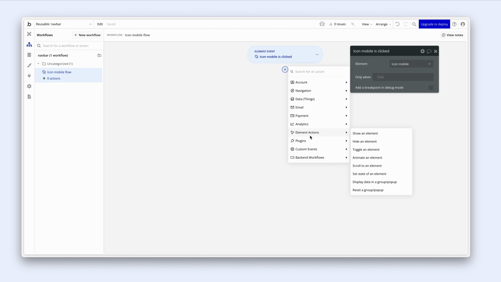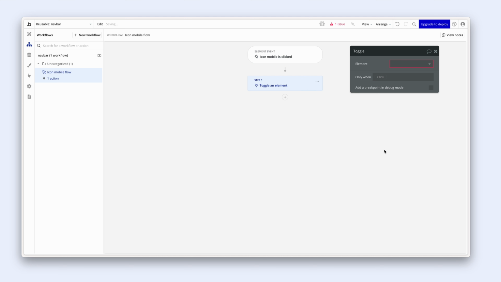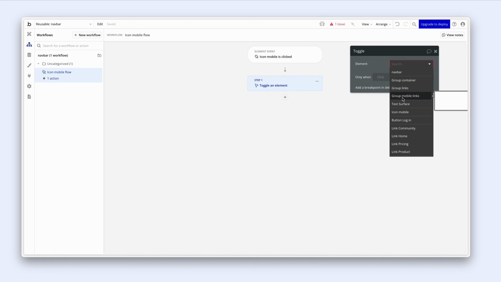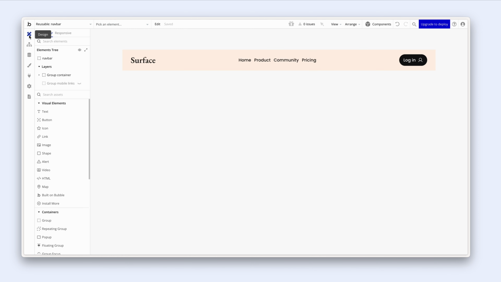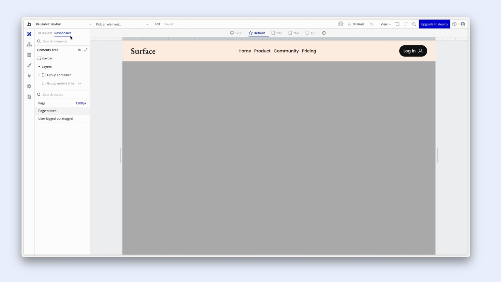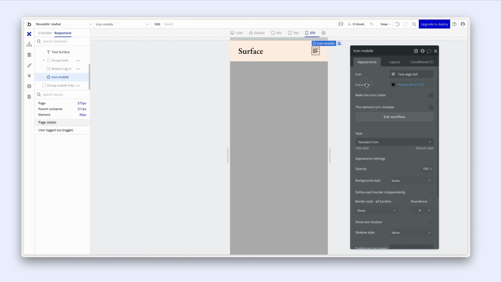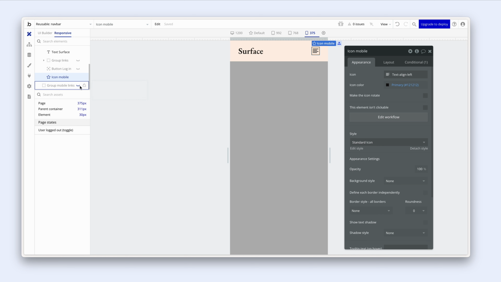It basically says toggle element actions, toggle an element, and we want to toggle group mobile links. Another neat trick I like to do as well is, let me go back to responsive tab. Another neat trick I like to do is say that if you open up group mobile links,